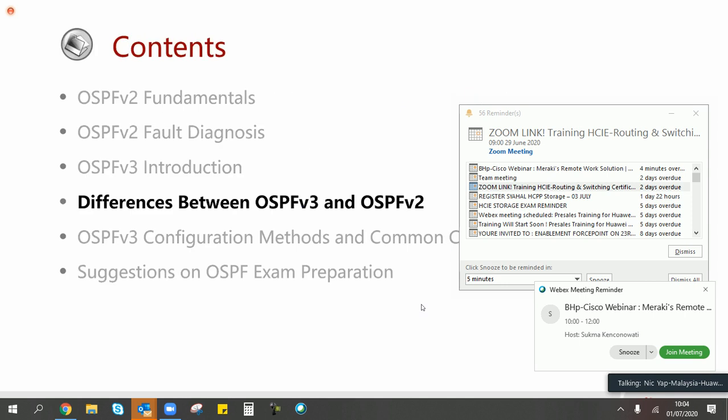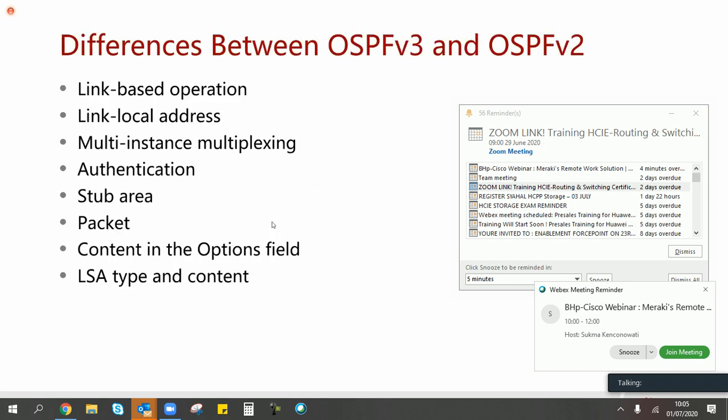The next one, you go and check the differences between OSPF v2 and OSPF v3. Just now we looked into the similarities. Right now we look into the differences between OSPF v2 and OSPF v3. So what are the huge differences and where is the main difference between these two? So for the differences here between OSPF v3 and OSPF v2 that we have over here,